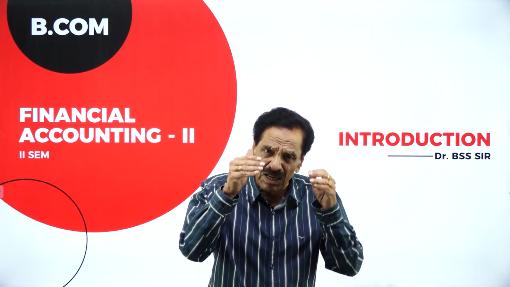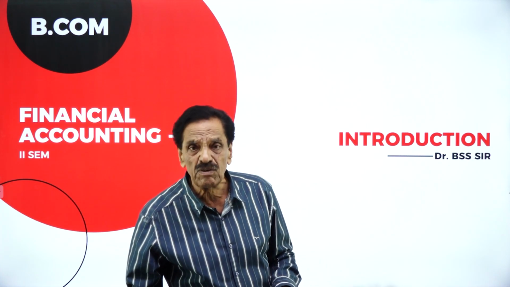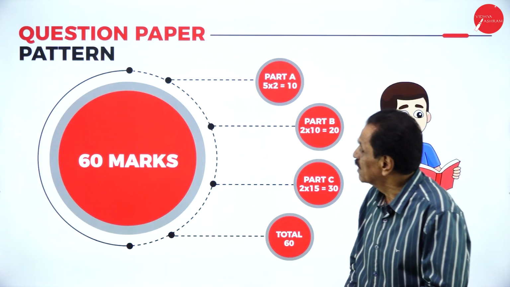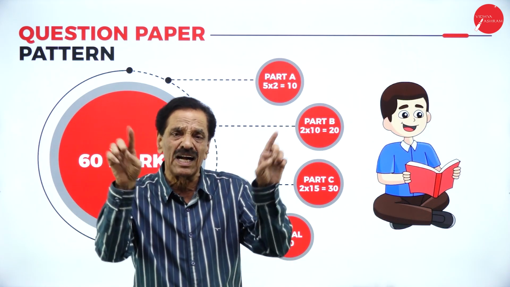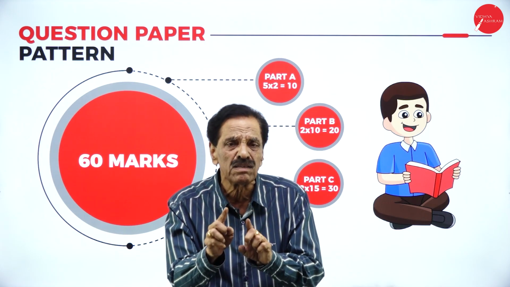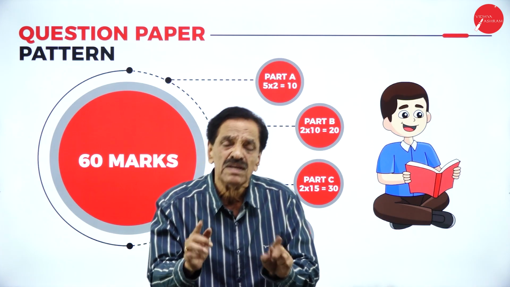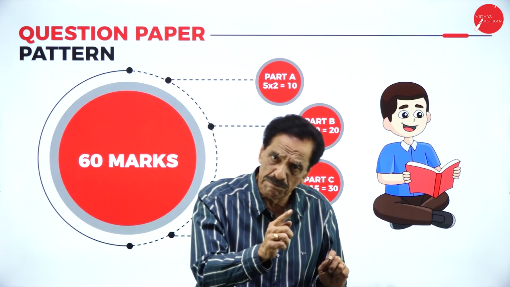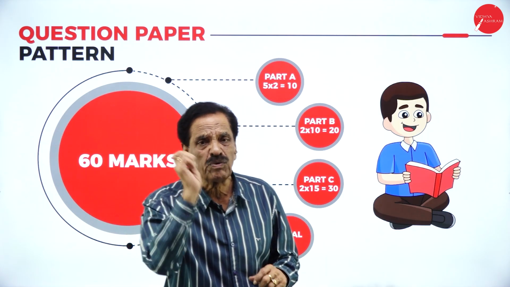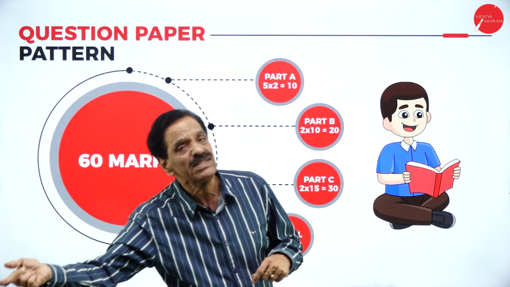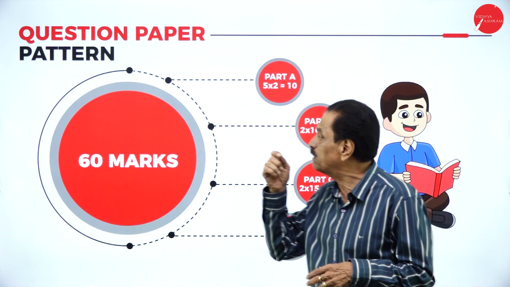I will say what the contents and the pattern of the question paper are, and how to answer. Shall we move on to the question paper now? This is the pattern of the question paper. We divide the entire 100 marks: 60 marks for paper and 40 marks for internal. I will repeat, 60 marks for paper, whereas 40 for internal. Totally, you have to score 40 marks, 21 from paper. The balance comes from internals. How has the question paper pattern been framed?